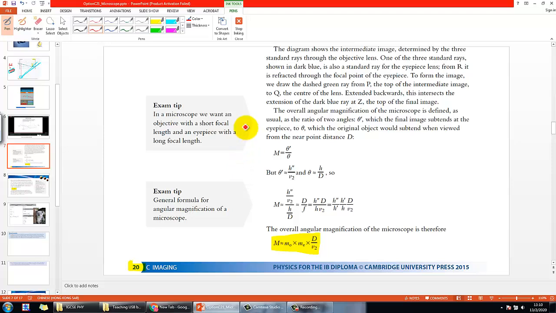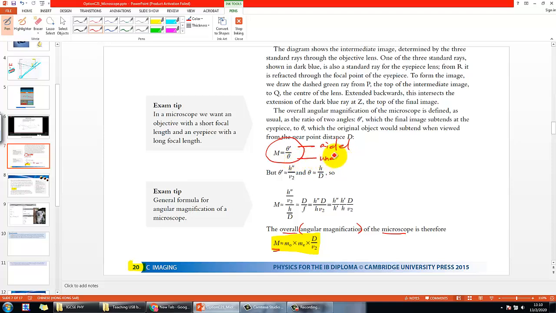Okay, let's go through it together. So first of all, we try to prove this equation, right? First of all, we have to understand what it is. The thing that we are trying to prove is the angular magnification of the whole microscope overall. How we define angular magnification, if you watched the previous video, is the big M equals the aided one